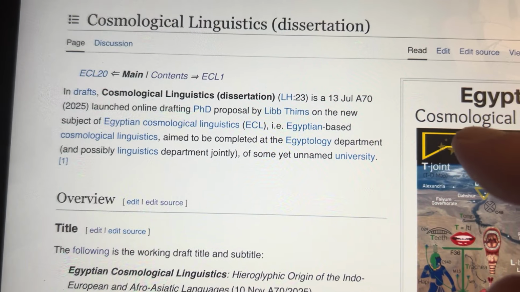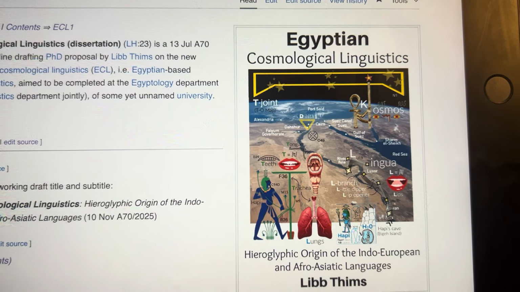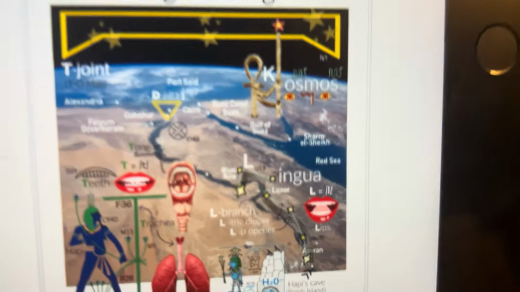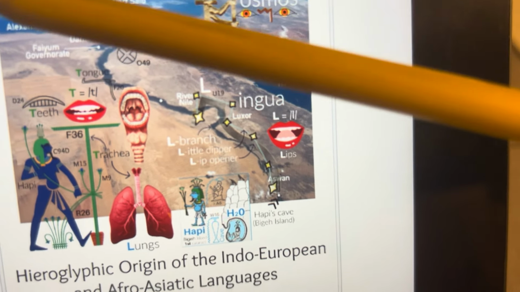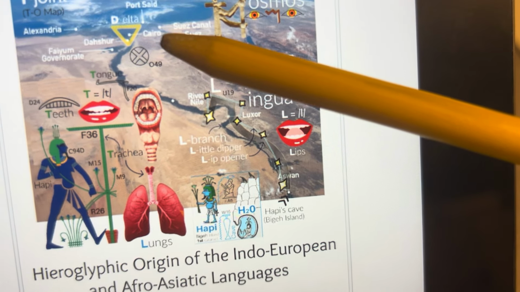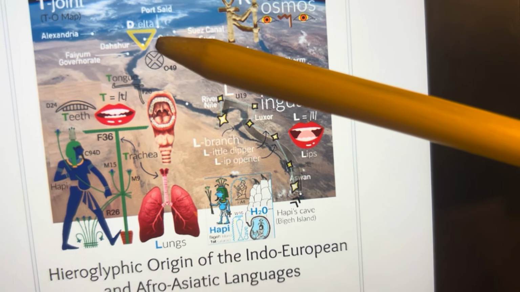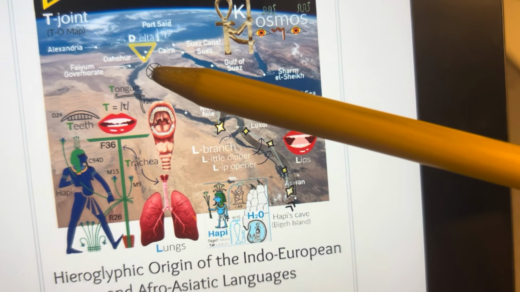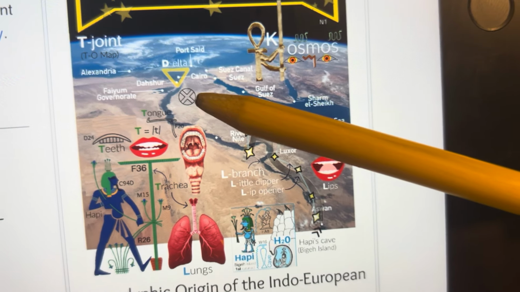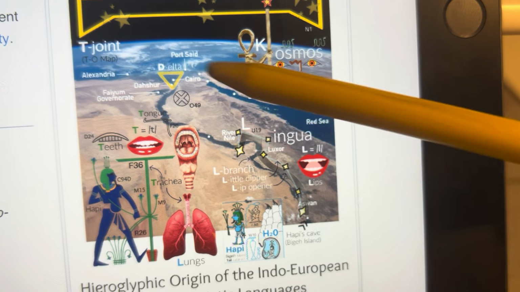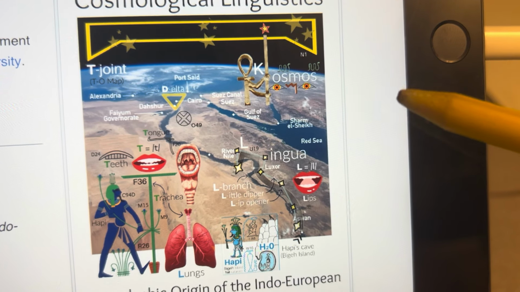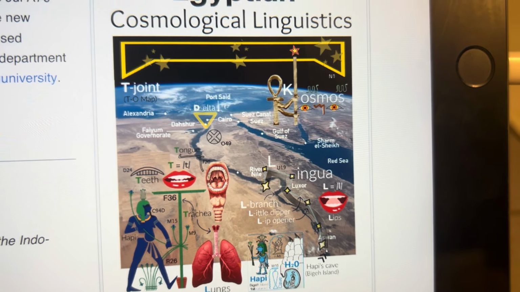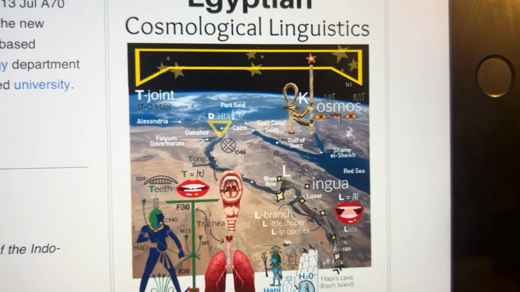we can now use Egyptian cosmological linguistics to trace back to the fact of why there's an X right here, 049, coming out of the birth canal. Out of. We see the word X, which means out. This gives us the Egyptians, who are real, versus the Proto-Indo-Europeans, which are a fake, fictional, linguistically invented civilization.